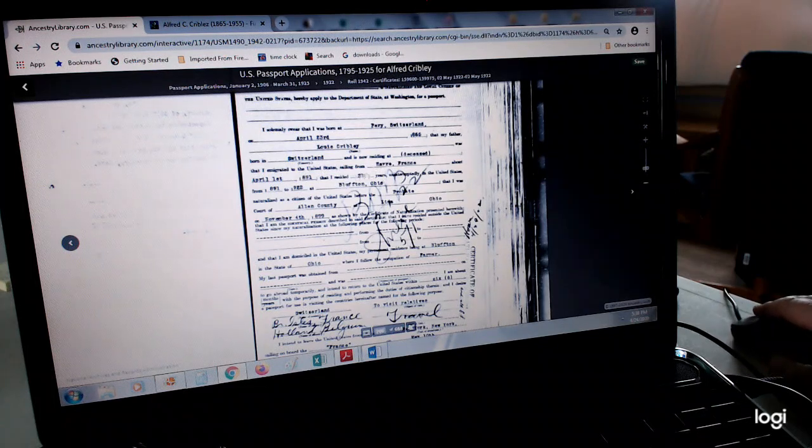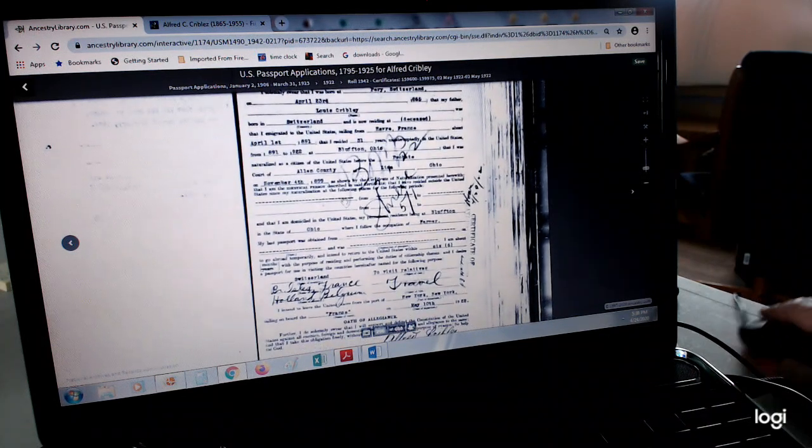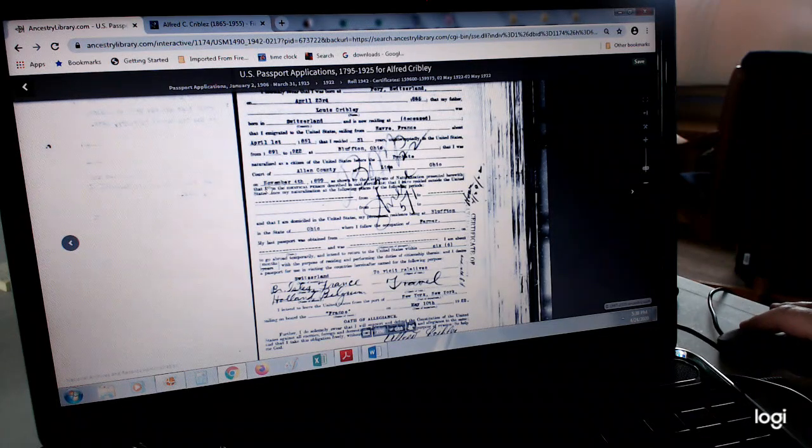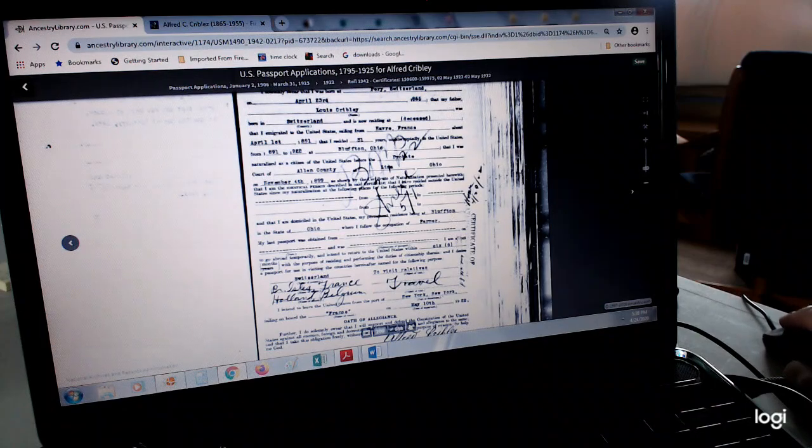And that Alfred emigrated from France on April 1st, 1891, resided for 31 years at Bluffton. So if you're looking for his naturalization record, it was November 4th, 1899 in Allen County.